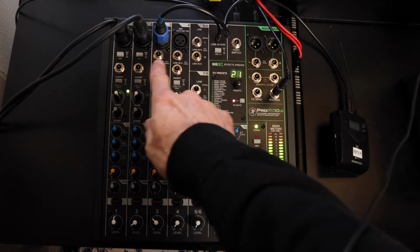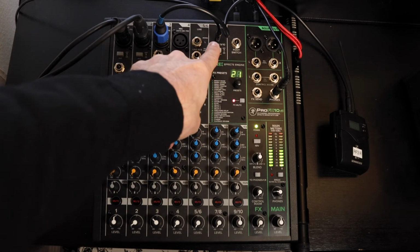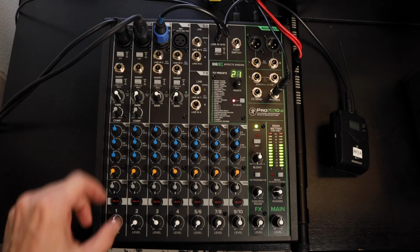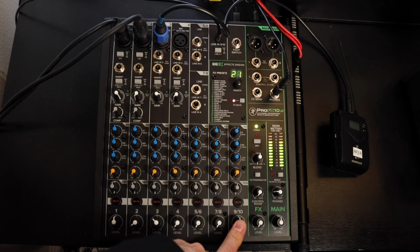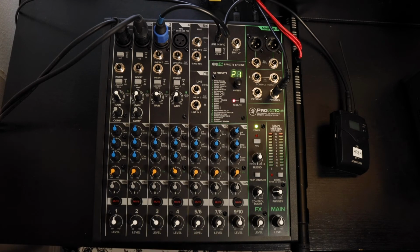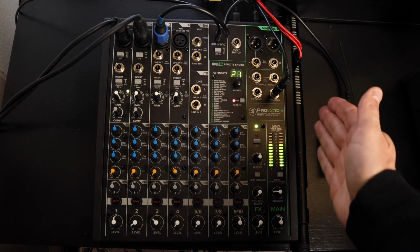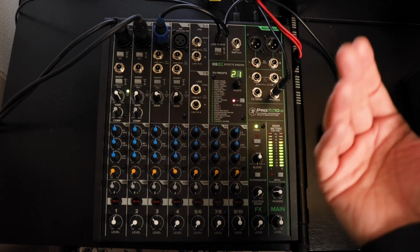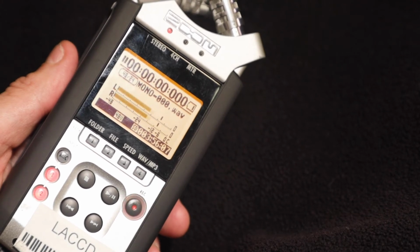So what you do is you do a live mix. You plug in all of your audio sources. In this case, I've got 3 microphones and then a music feed from my computer in 1, 2, 3, and then input 9/10, the stereo input. And I've got a nice mix going on. And it's all getting sent out to a recorder, recording a nice stereo mix that I am mixing on the fly